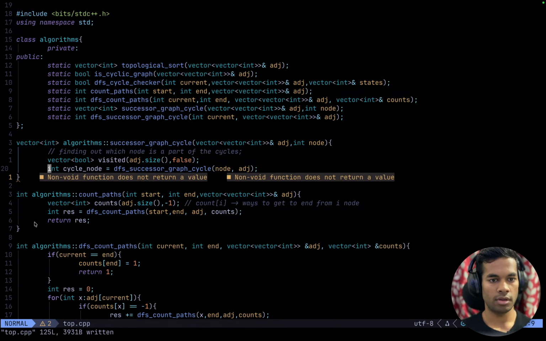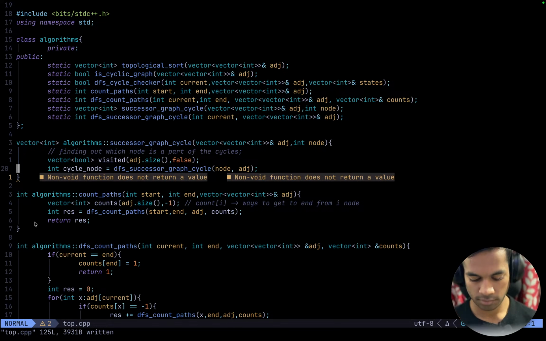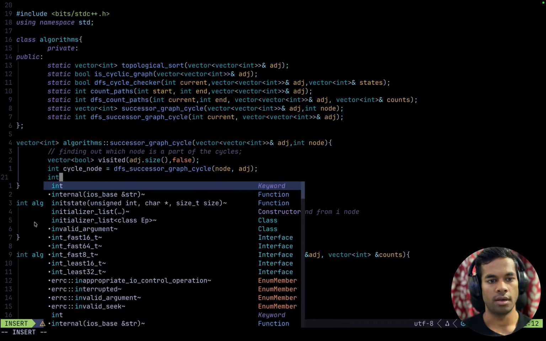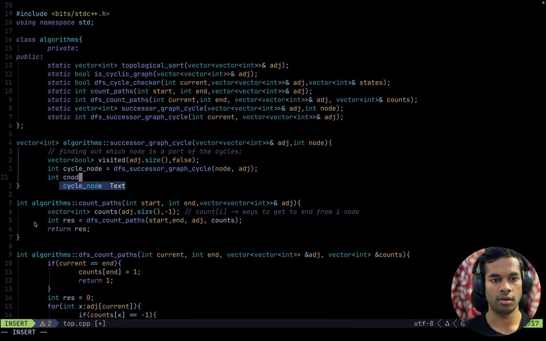Int cycle node. This will give us which node is creating the cycle, which node is a part of the cycle, and every node that is reachable from that node would be a part of the cycle. Okay, so we just have to do a DFS, which we can do right now here. Yep. Okay, int C node, parent node is cycle node,